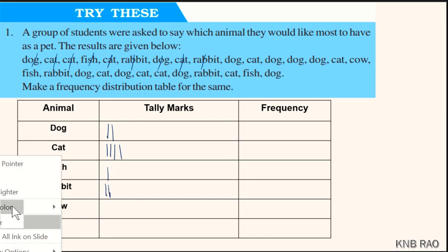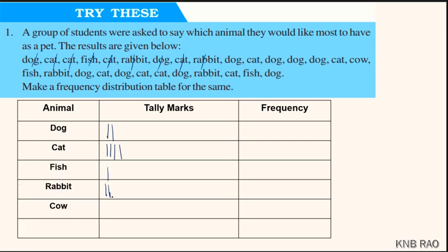Okay. Here rabbit second fellow, dog third fellow, cat fifth fellow, dog fourth fellow, dog fifth fellow, dog sixth fellow,